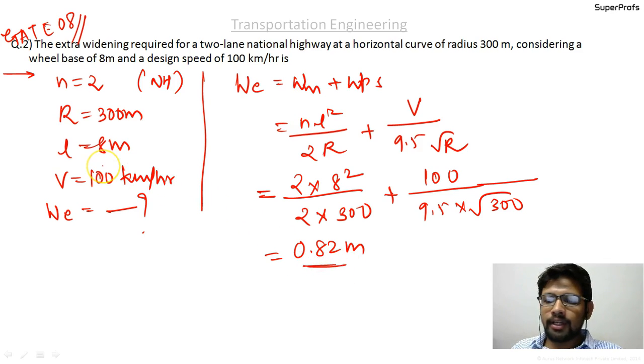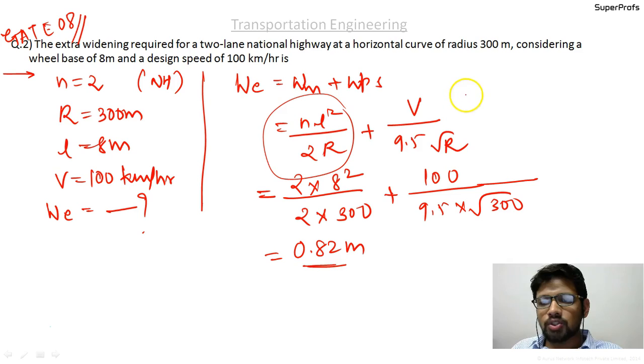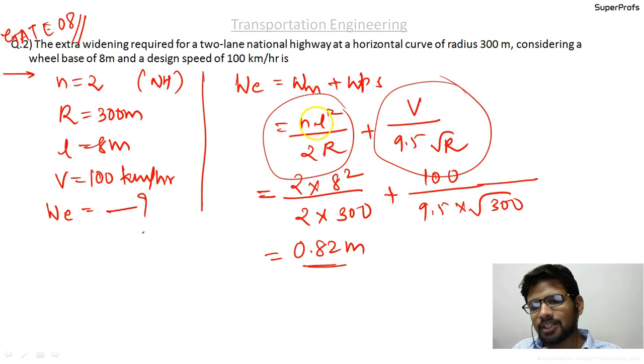So you might have realized that even in GATE 2008 the questions are so straightforward and so simple, and you just need to remember these two formulae. If you really practice well, guys, it is very easy to remember this formula. For engineers it is obvious that mechanical widening will be based on the number of lanes, the length of rigid wheelbase, and the radius.